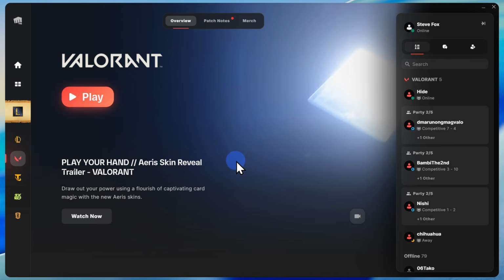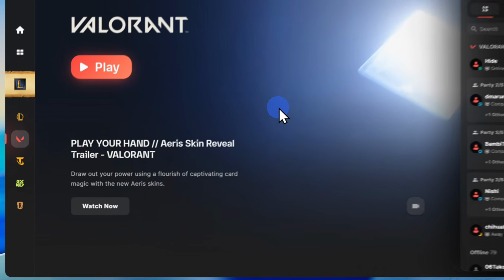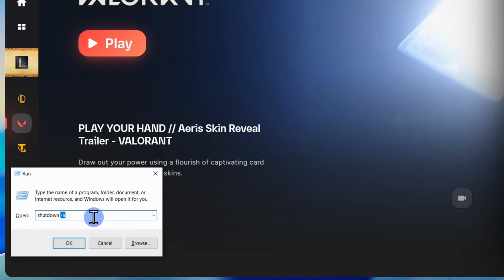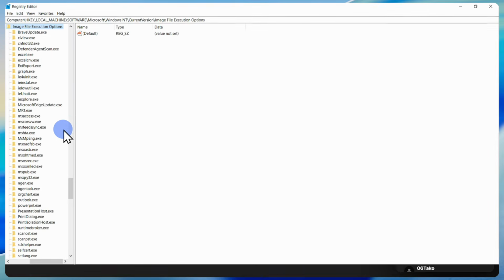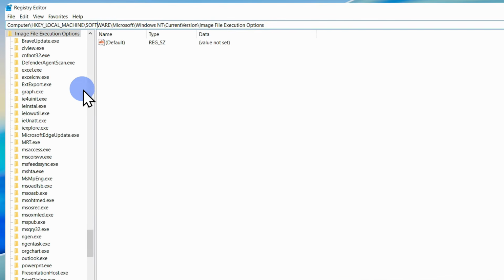First things first, on your keyboard right over here, press Windows plus R. It should pop up, and then type in regedit. Click OK. A window will pop up right over here. And right over here, I want you to go ahead and go to this section and find